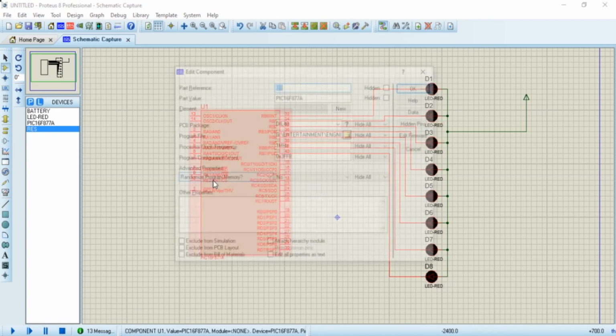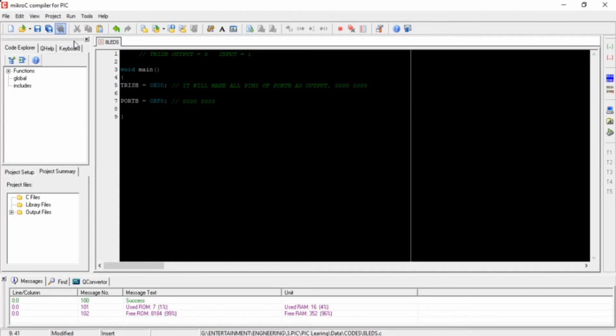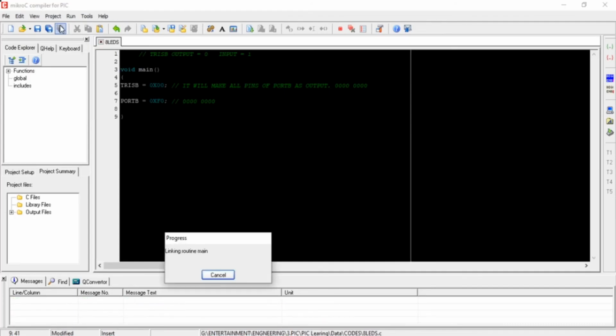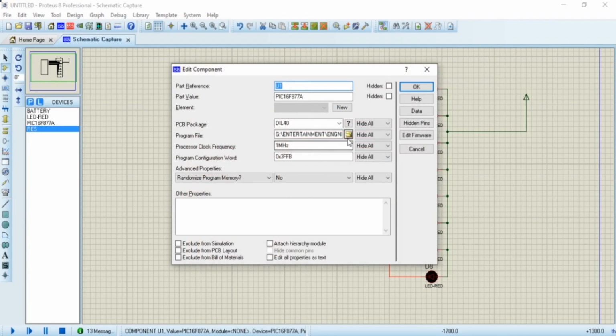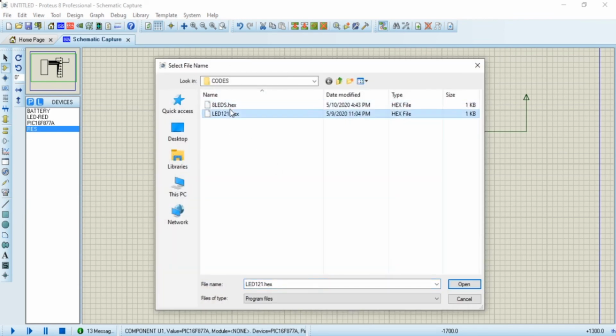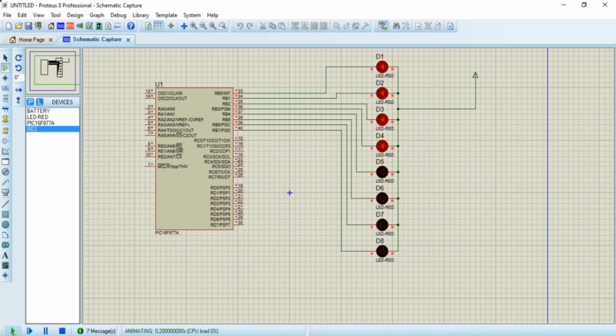When you make changes in your program, first go to build and check for any error. If there is no error, then go to your microcontroller, look for the hex file, then open it and run the simulation.